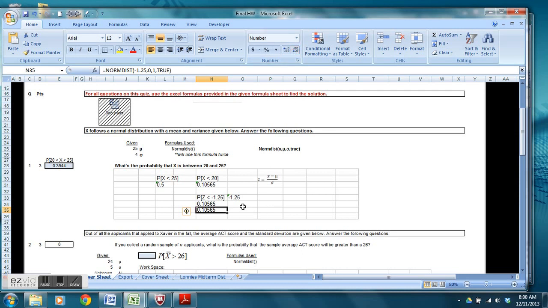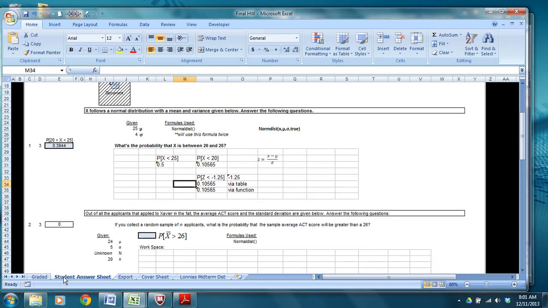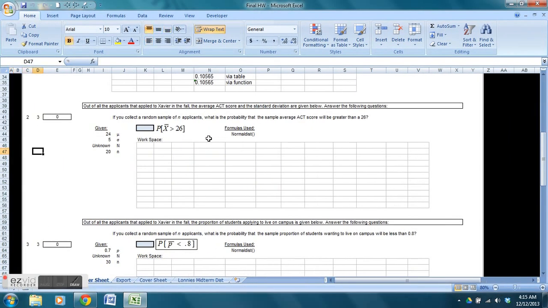So, no matter what method we use, we get the same probability every time. It's a beautiful thing. Alright, so moving on. Real quick, number 2, you're going to use this formula, or function I should say, to